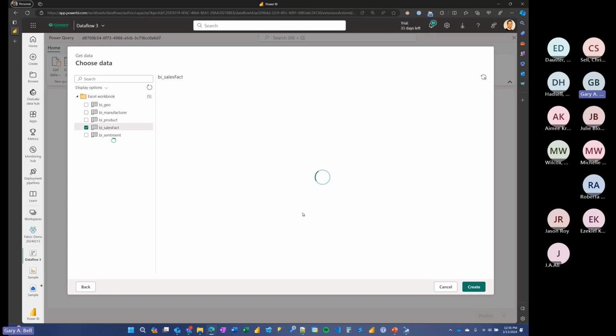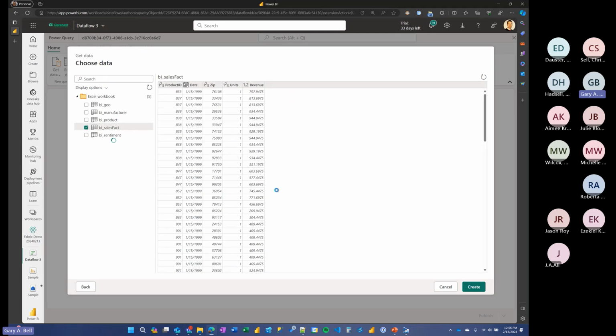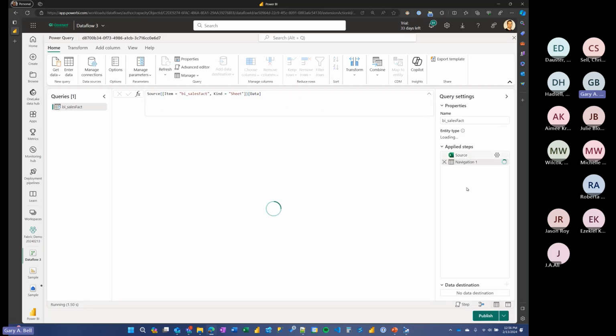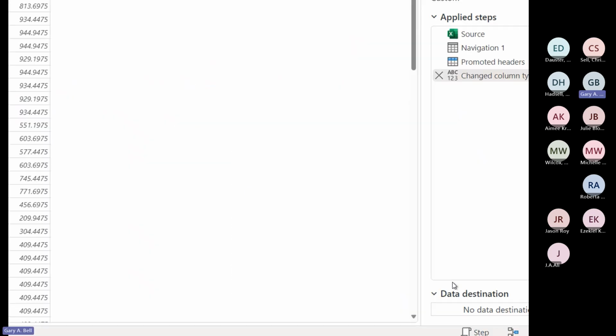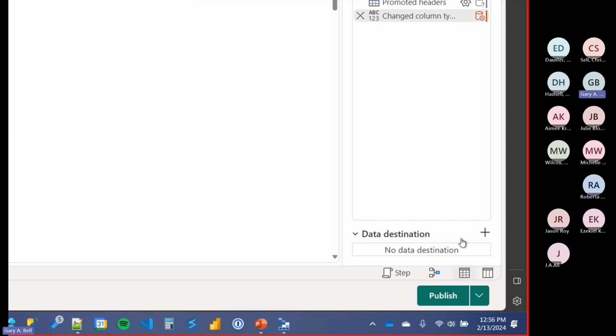I'm just going to grab a table out of this Excel workbook. I really just want to show, so you've got all your steps. You can do all your different types of transformations and add columns and whatnot. I'm not going to get into all that, but what I do want to show you is this bit down here in the corner. And so this is your data destination. So unlike